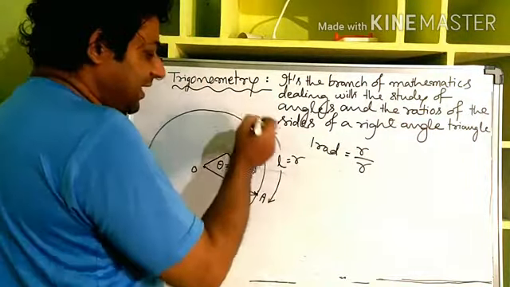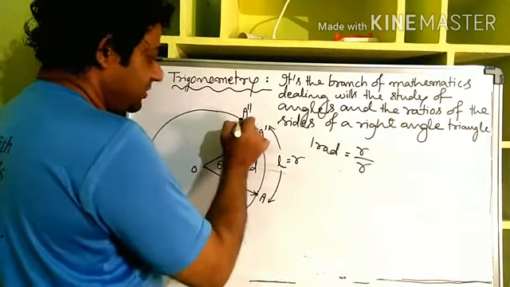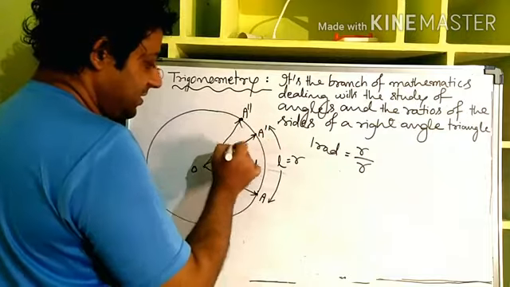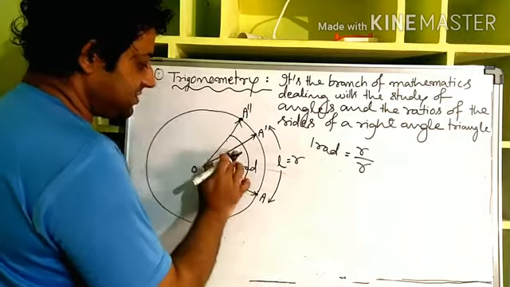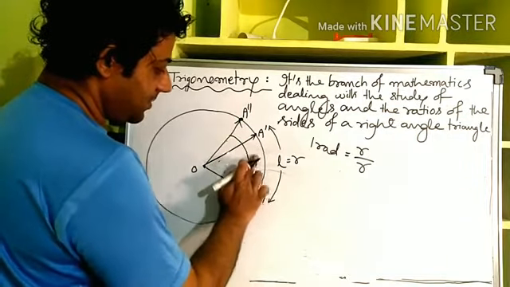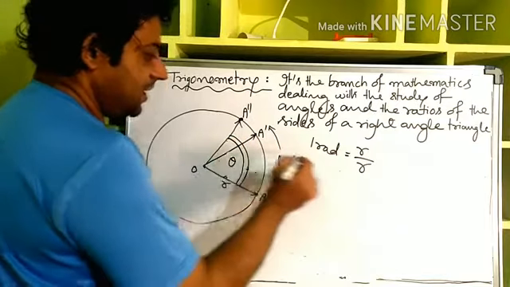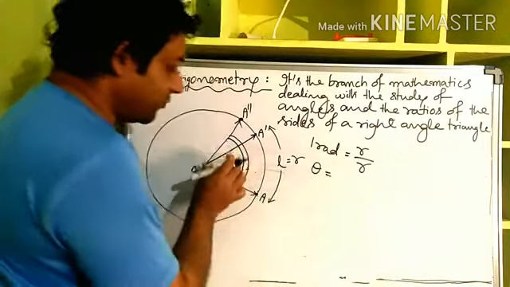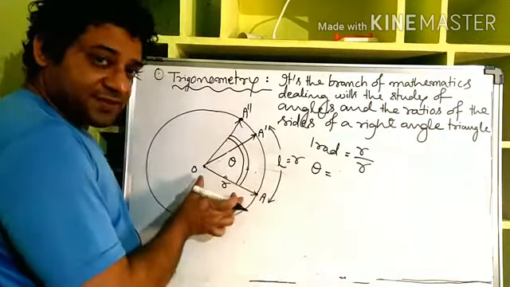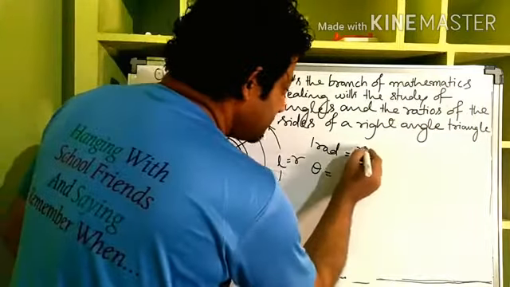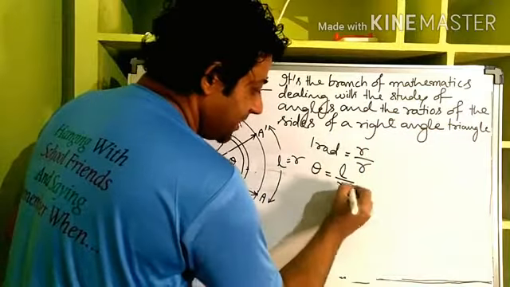But for any other arc, let us say A has come to A double dash. So the position vector has rotated by some other angle, right? Now this angle is theta. Instead of 1 radian, the angle is 1 radian only when the arc length is equal to the radius. But when it is not equal to the radius, instead of R we will put L, any length, and divide it by R.